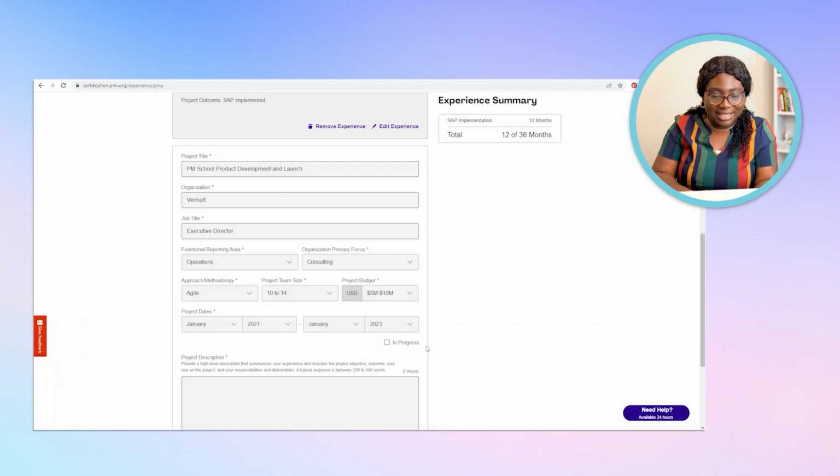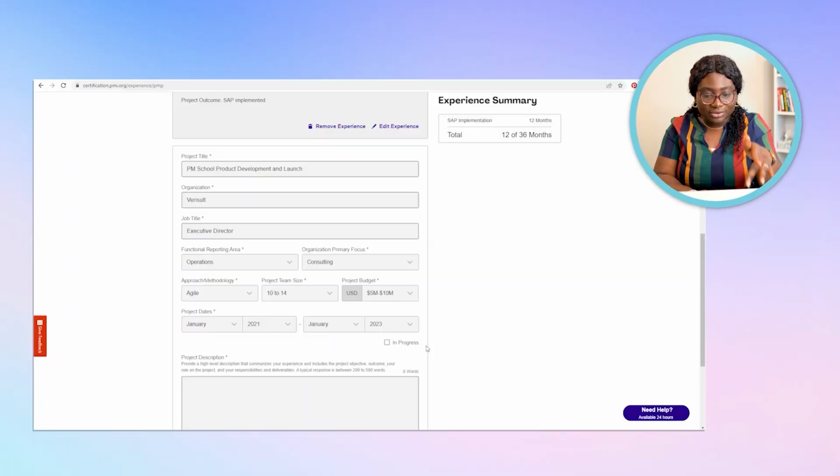And then I can say that this happened from January 2021, and it finished January 2023. Okay. Now, one thing you should note also in terms of dates, I just remembered that, the other one was January 2020 to December 2020. If you have another project, let's say that was done from July 2020 to December 2020, you may say, oh,